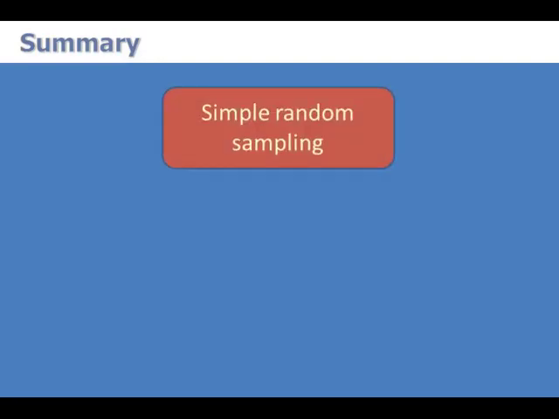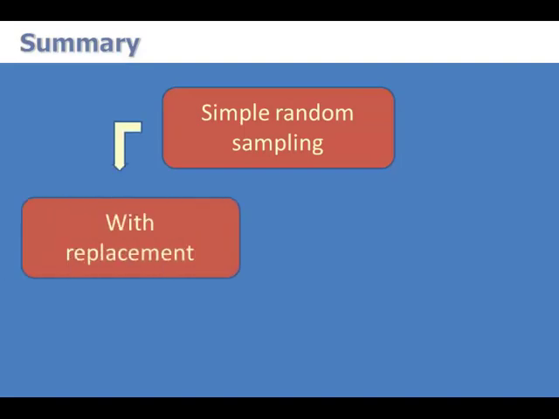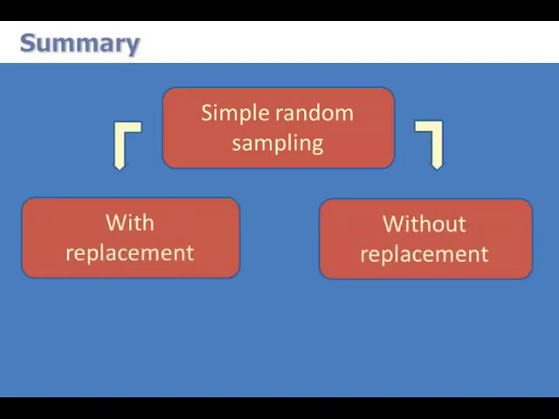We also talked about a way to select sample elements from a population called simple random sampling. With simple random sampling, all possible samples of size n are equally likely to occur. And finally, we compared sampling with replacement and sampling without replacement. When a population element can be sampled more than one time,